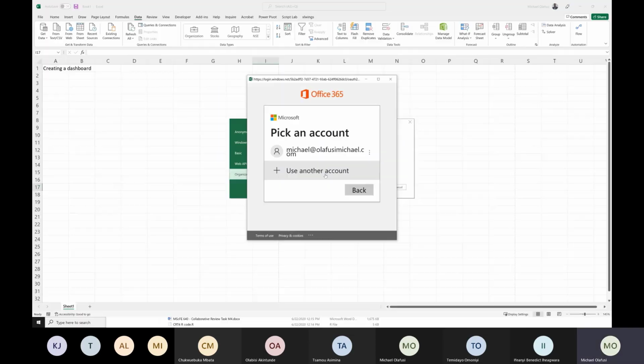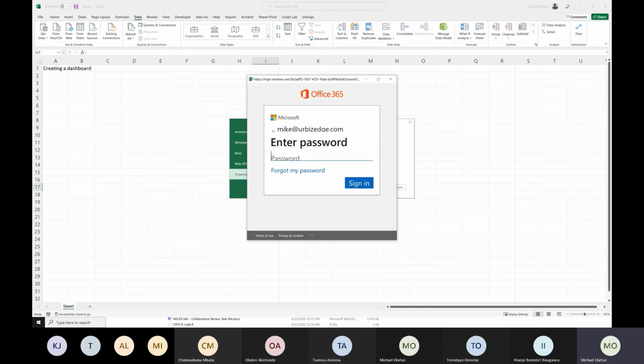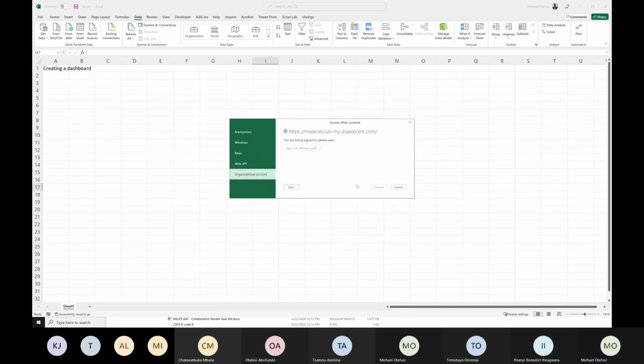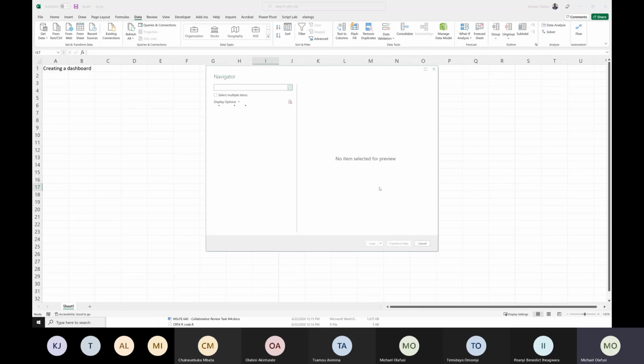Oh, now I see why. So I'm going to pick my Office account, the one he gave access to. Let's see if I can grab the password easily. So I'm grabbing the password. Sign in. So good. It should know now that I have access. So great.